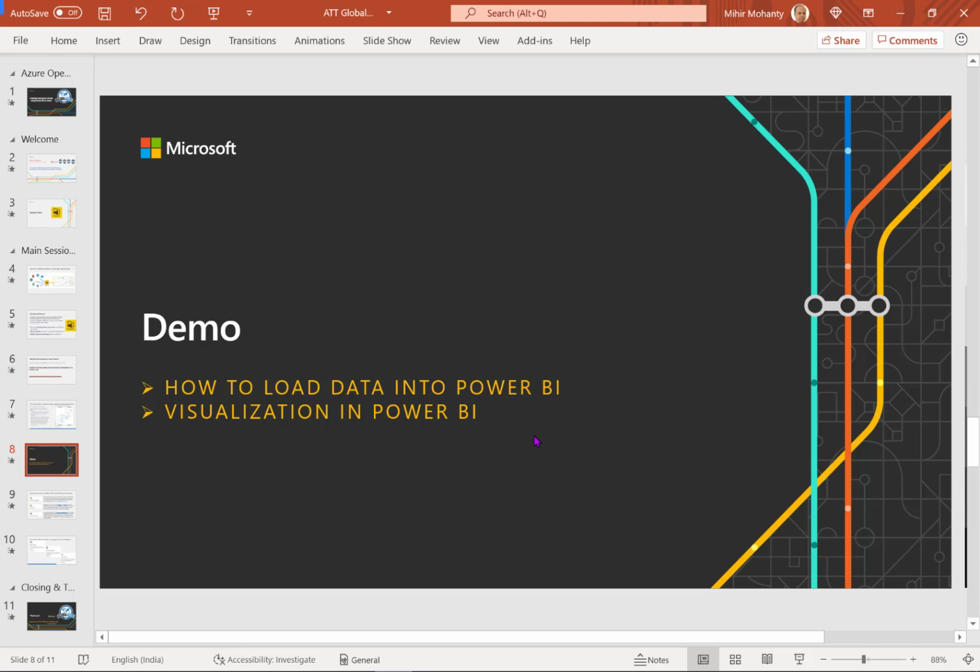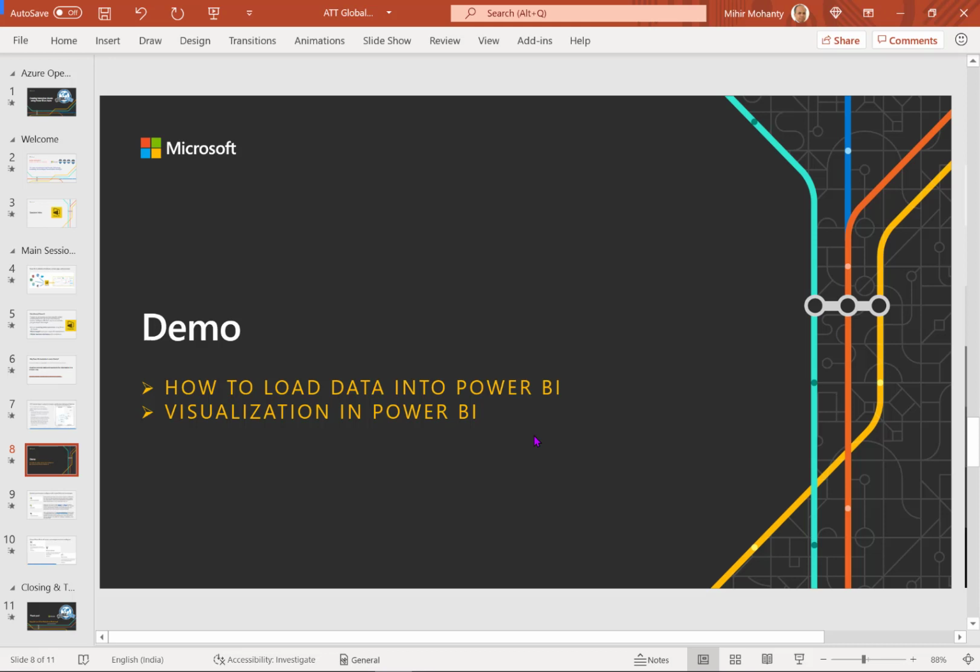So in this demo, I'm going to first show you how to load data to Power BI. Then on the basis of that, I'm also going to show you how to pick the right kind of visualization, how to choose the right set of visualizations from Power BI, and if required, how you can add custom visuals from the app source. And also we are going to look into how you can add any customized scripting activities by using R or Python visuals if anything is required, and that's where you can get going.